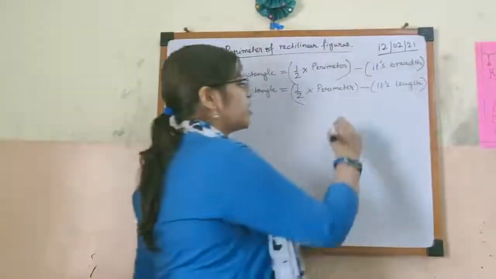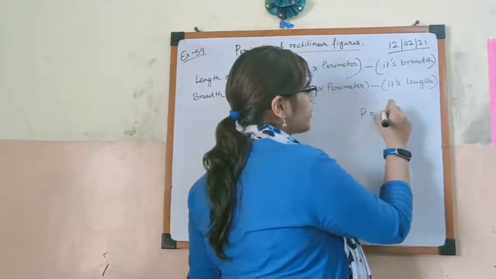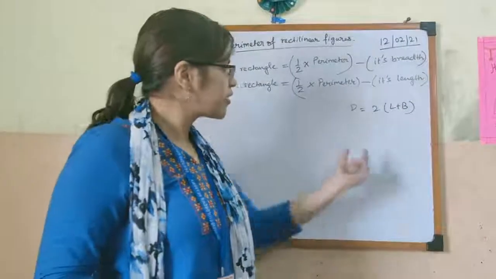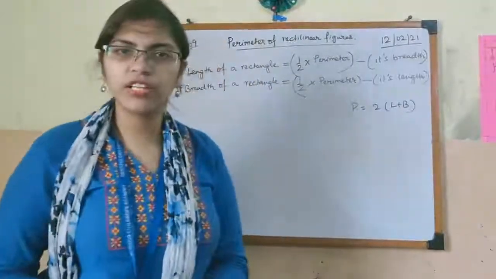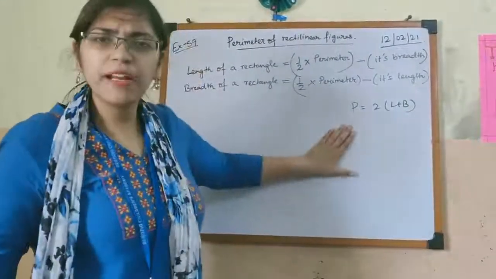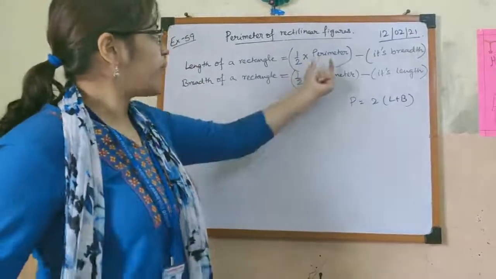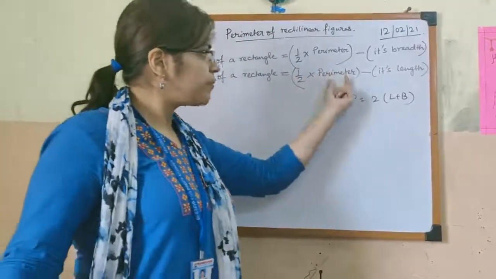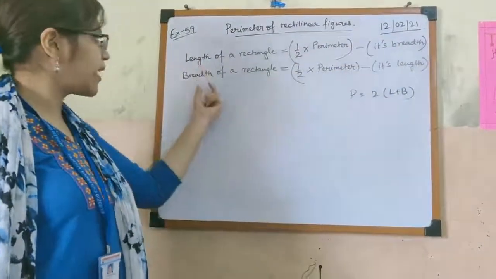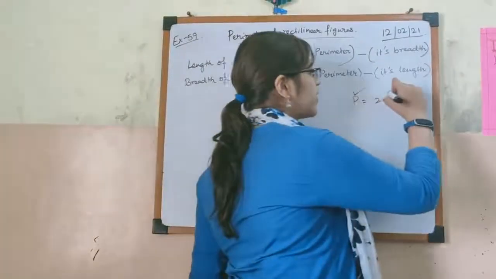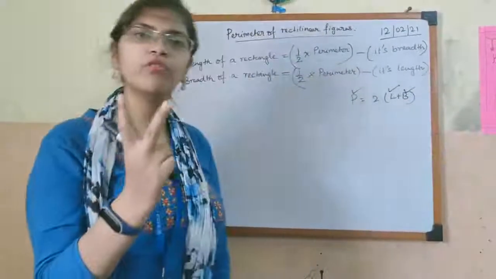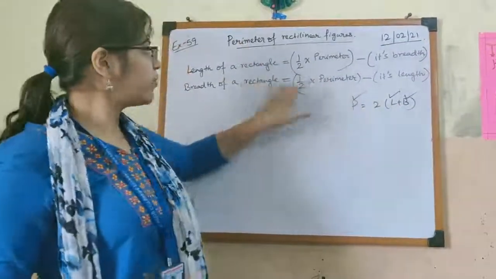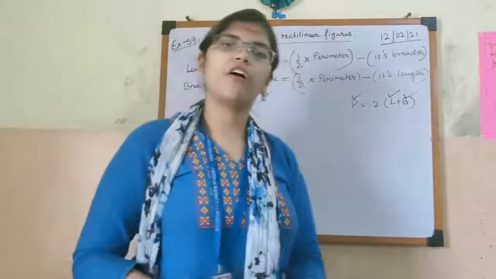So previously we have learned that the formula of perimeter is equal to 2 into length plus breadth. In that case, what was given to us? Length and breadth were already given in the question and we had to find out the perimeter. But in this case, your perimeter and breadth are given, so you have to find out the length. And if perimeter and length are given, then you have to find out the breadth. So basically there are three things: perimeter, length and breadth. Any two will be given and you will have to find the third one. These two formulas and this formula are all for a rectangle.